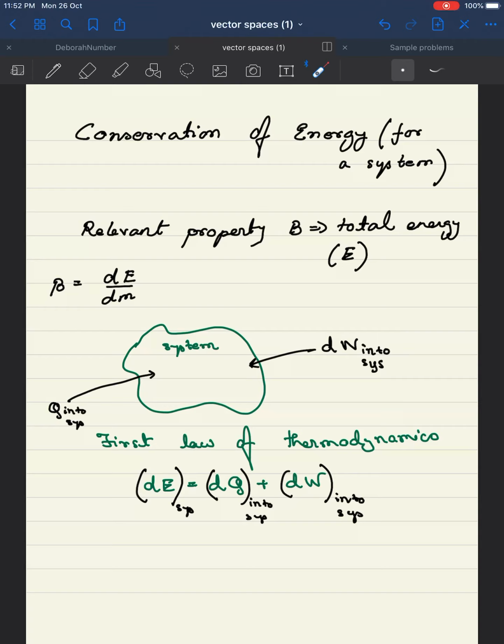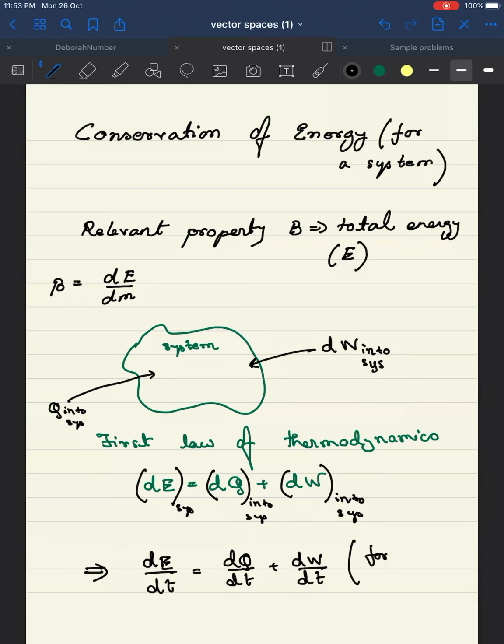So my equation. So now basically what I have is dE by dt equal to dQ by dt plus dW by dt, for a system, where we remember the sign convention that this is into the system, this is also into the system. Okay, so this is my equation, the first law of thermodynamics as applied to a system. Okay,